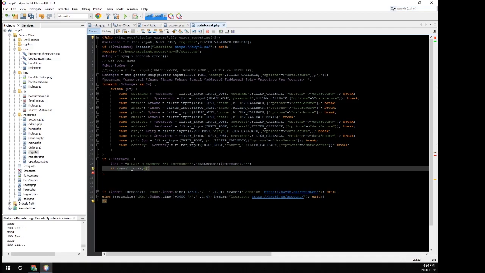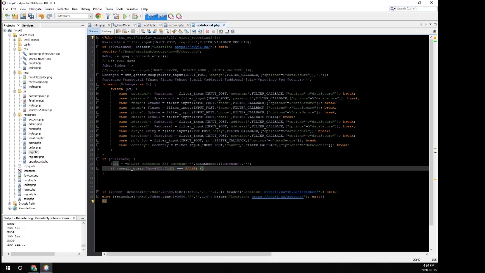Inside those parentheses, we do our database, highway 45, capital DB, comma, and our UD1. And triple equal, space, false, all uppercase, space,